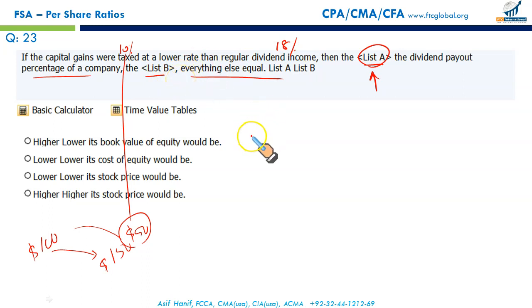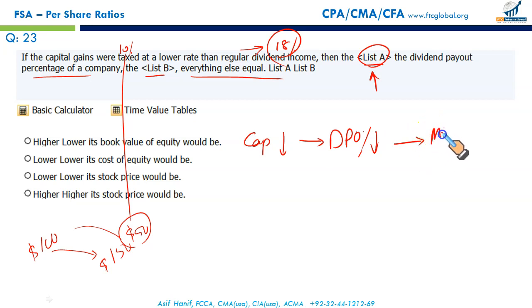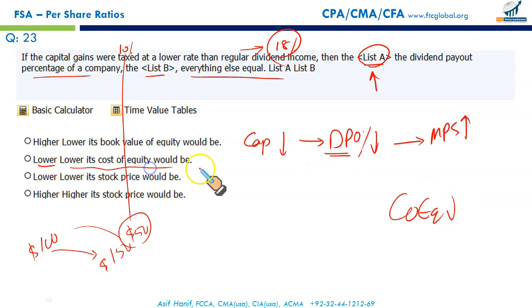Now let's do the opposite. As we know, the capital gains tax is lower. So if we keep the dividend payout percentage lower, we pay less dividends to our shareholders. So they are taxed on a little amount of dividend, or we pay no dividend at all, so that the shareholders can avoid paying a high level of tax. So this would benefit the shareholders. So the share price will go up and the cost of equity will go down. This perfectly matches with your option B. If the dividend payout ratio is lower, it will lower the cost of equity and it will increase the share price also. B is the right option.